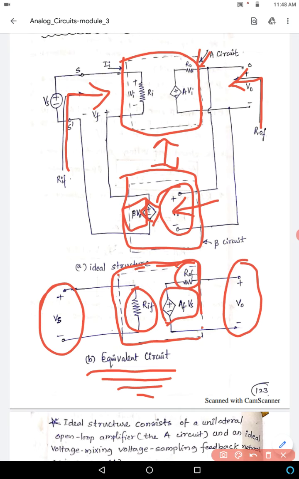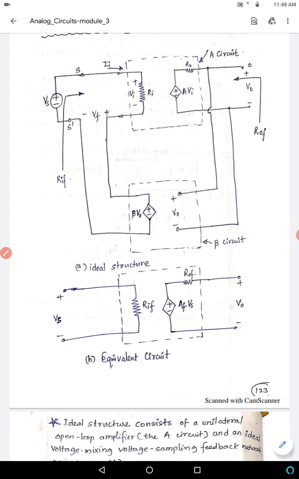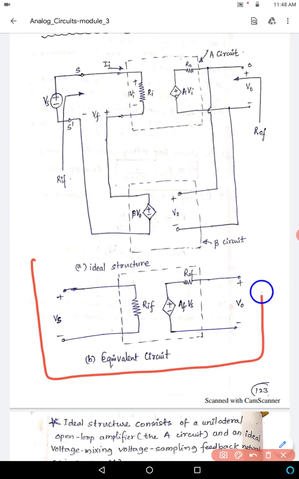Okay, we have to consider the overall source input. That's why instead of VI we are considering the source input, VS. Instead of the normal gain A, we are considering the gain with feedback, AF, times VS. Hence this is your complete equivalent circuit of the voltage series feedback. If you remember this diagram and analysis, the same thing will be applicable for